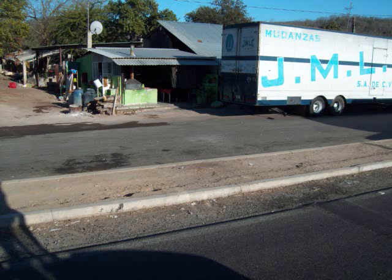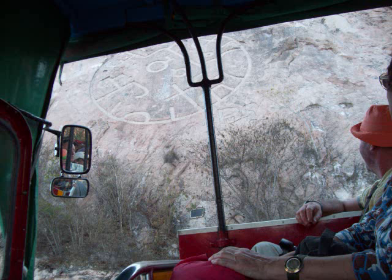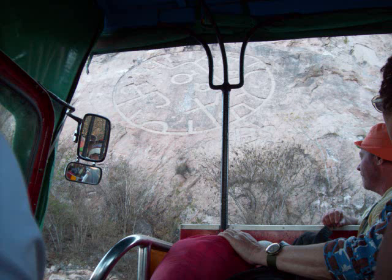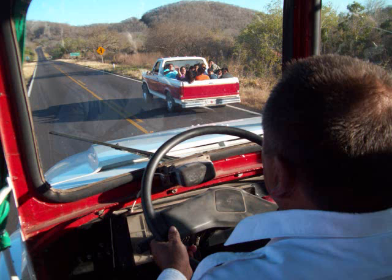Another little restaurant we took a picture of, and another one. And this was a petroglyph created by the Mexican government up on the side of that mountain. We got behind some kids in the back of a pickup truck, and they were waving and having a good time. We passed them,